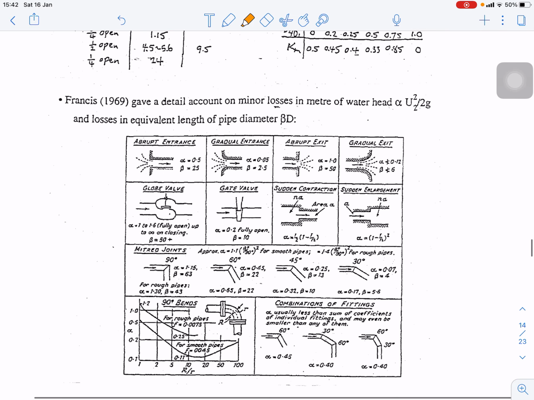And this figure shows not only the K but also the loss in equivalent lengths of the pipe. So alpha is K, but beta is the equivalent length coefficient. In this case alpha is a K,